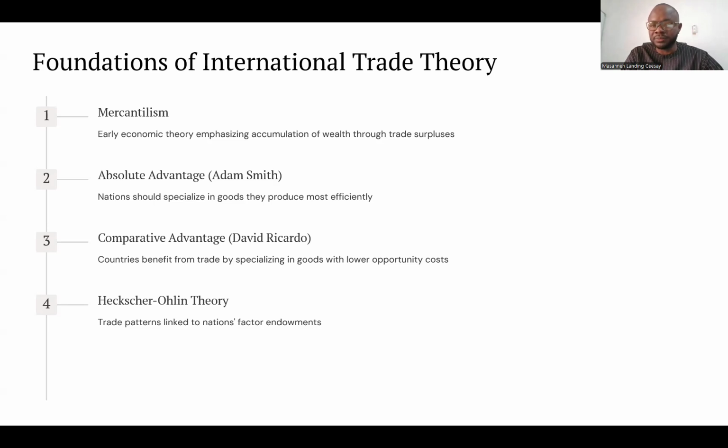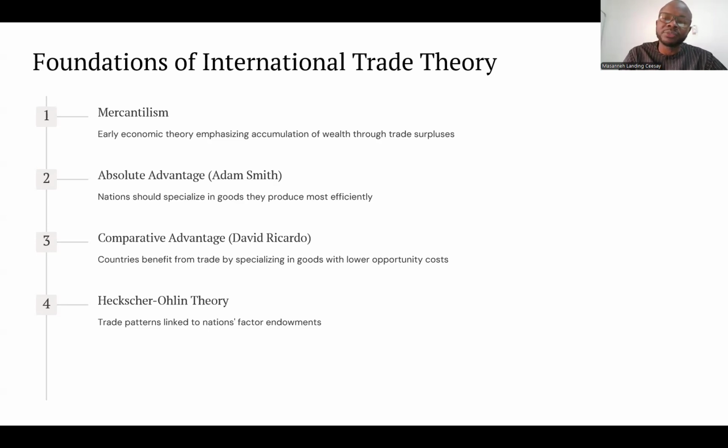It must be said that the theory of comparative advantage is still in use by countries as well as mainstream economics. The other theory of trade, which is most recent, is the Heckscher-Ohlin model, which basically